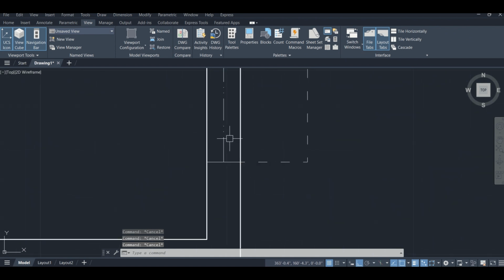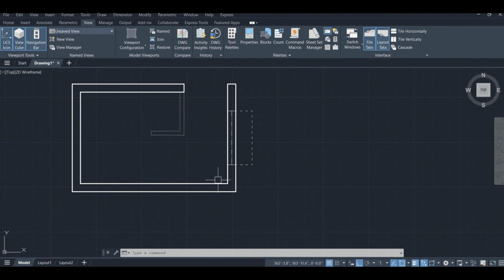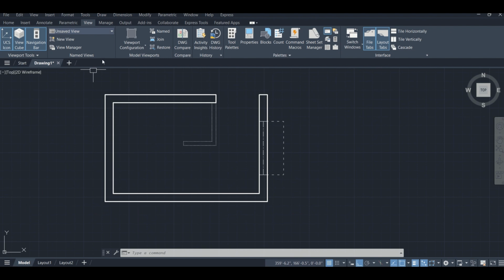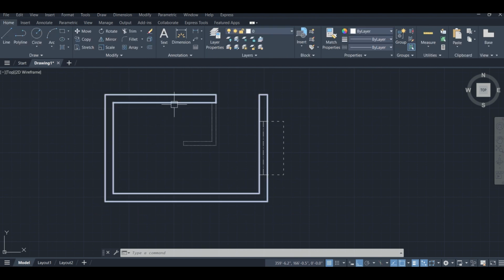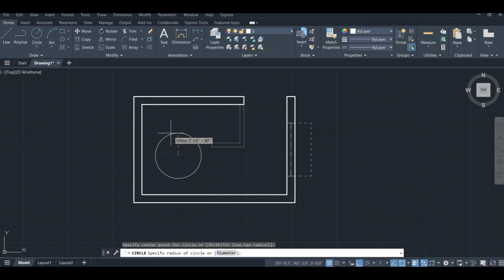So you can see that property is set. So this is how, depending on the demand of your drawing, you can change any property of the line. Now one thing more, let's say if you have given all the lines but still some lines are pending, I have created something over here,